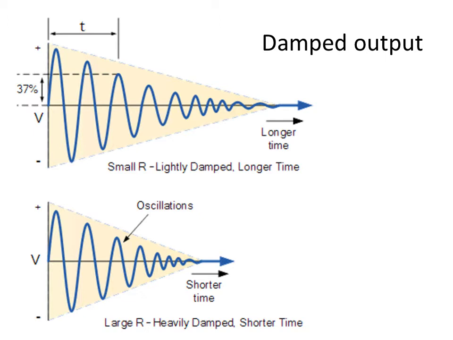So that is shown in the top diagram here. The oscillation initially has a high amplitude, but successively the amplitude is decreasing, and this is referred to as a damped oscillation, and the output is referred to as damped output. Whenever we don't have an external force to maintain it, the amplitude of the oscillations will automatically die out, and it is referred to as damping. And that is happening in electrical circuits also.